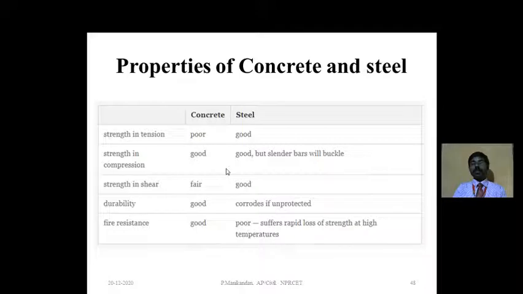So in this session we have seen the introduction to RCC elements, the objectives of structural design, the steps to follow in designing a structure, the types of loads acting on structures, the load combinations prescribed in our Indian standard codes, the design philosophies followed for designing structures, that is the working stress method, ultimate load method, and limit state method, the do's and don'ts, and the advantages and limitations were explained.